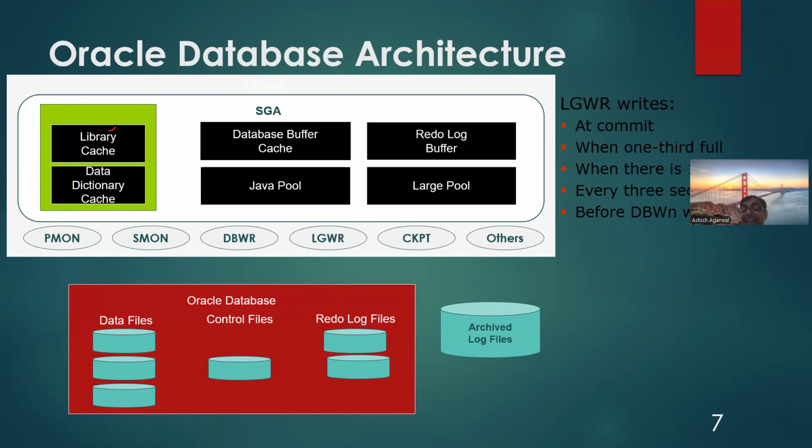These redo log files and archive log files are called the transaction logs of the database. Each database has its own transaction logs. SQL Server has its own transaction logs where the changes you make get recorded. Same way, MySQL has transaction logs where any change, whether DML or DDL, gets recorded. Same with Postgres, which again has a transaction log. So each database has its own transaction logs where the changes you make, insert, update, delete, or any DDL change, are recorded.